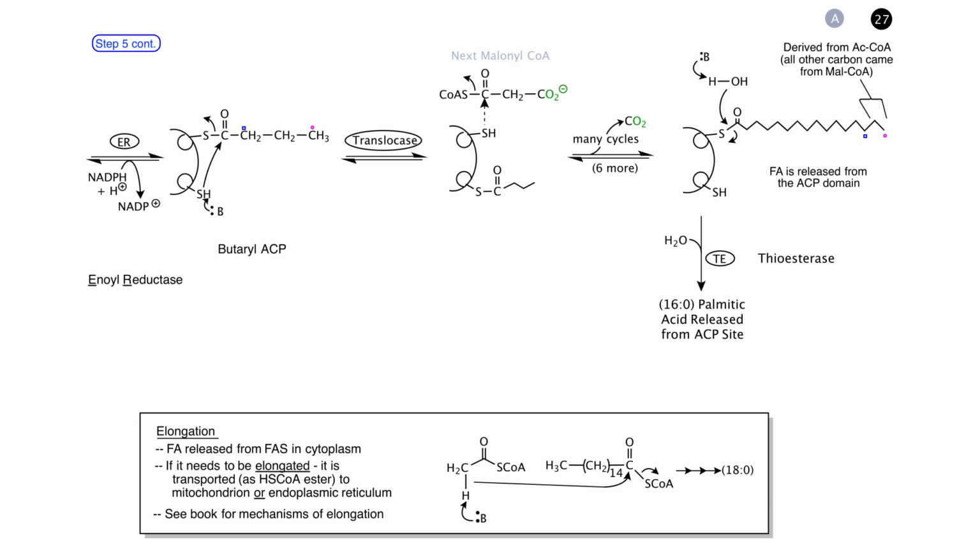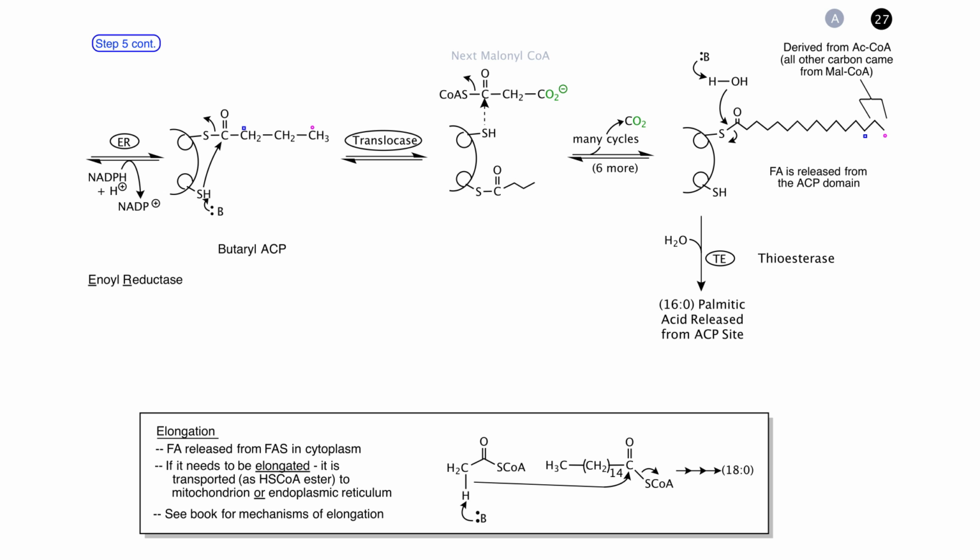Let's turn now to storyboard 27. The reaction continues with enoyl reductase, ER, which uses a second molecule of NADPH in order to saturate the double bond of the enoyl ACP. The product is a butyryl ACP. At this point, it should be clear as to what we've done. We've taken two acetyl-CoA molecules and fused them together. In the process, we've done a number of reductions, and the product is a pure hydrocarbon, in this case the